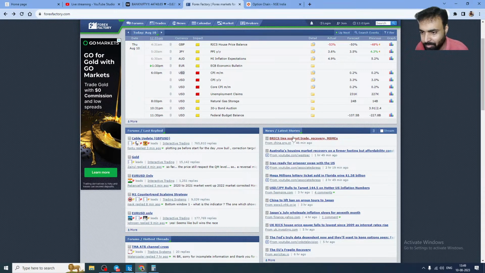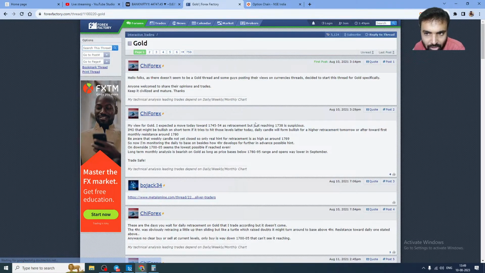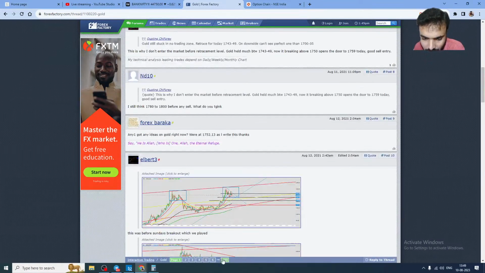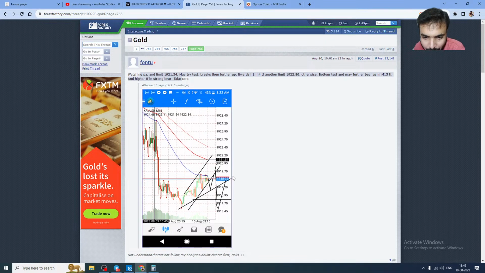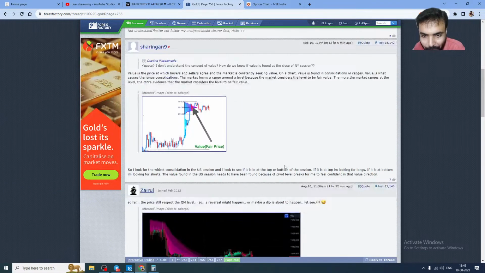You can see a lot of important information, economy-related information, and everything will be there. You can see interactive trading, so people share their charts interactively. August 10, 2021. Okay, let's go back to the last thing. People are sharing their charts, and you can learn so many things from here. Watching the limit buy entry, sell, and you can see some indicators there, some kind of analysis they are doing, volume profile they are placing, volume profile based trading.